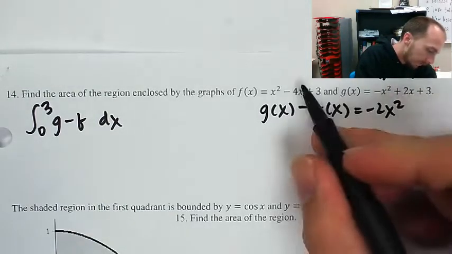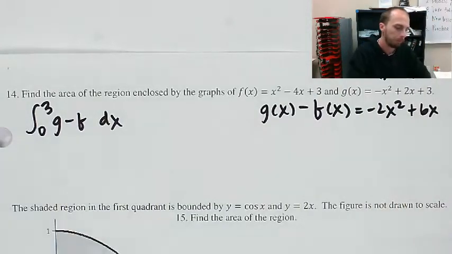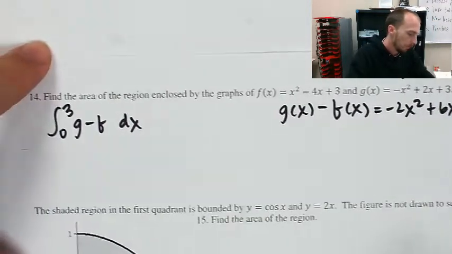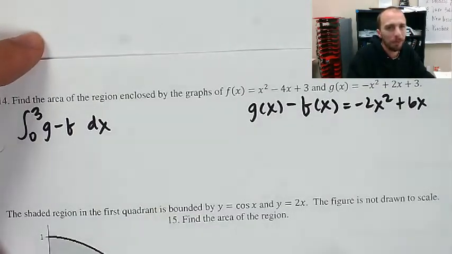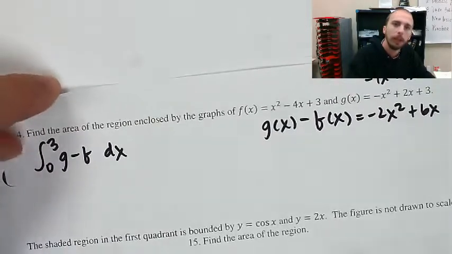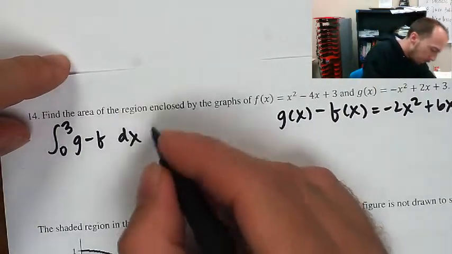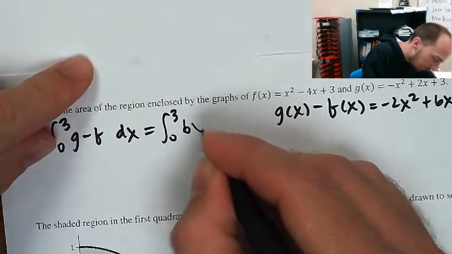2x minus negative 4x is going to be positive 6x. 3 minus 3 is 0. Okay. So, that makes sense. I was looking for where g minus f was equal to 0 also, so it's all good. I'm ready to go. So the area equals the integral from 0 to 3 of 6x minus 2x squared